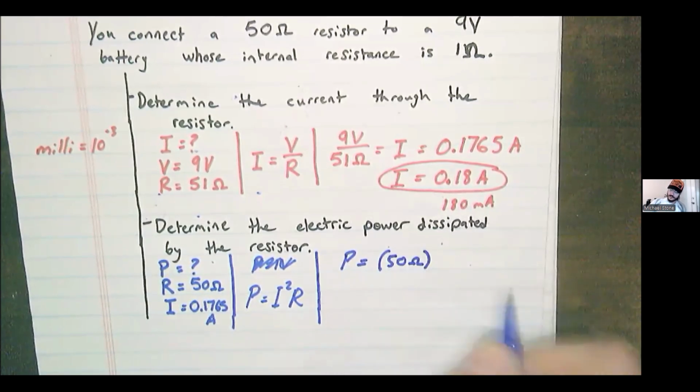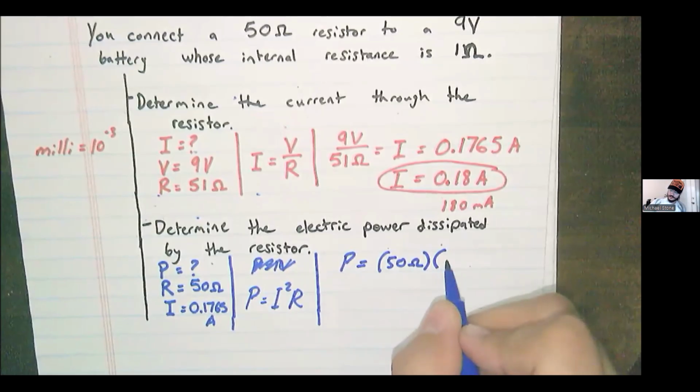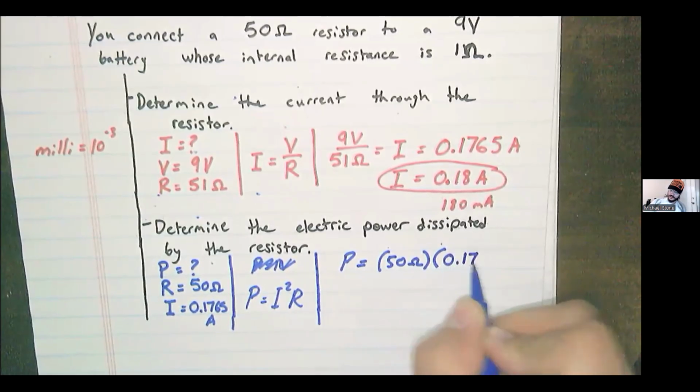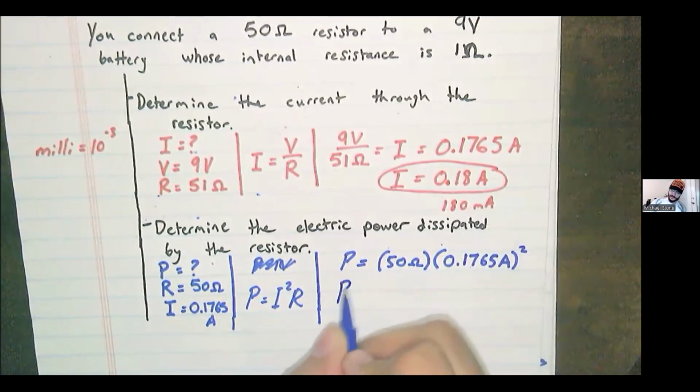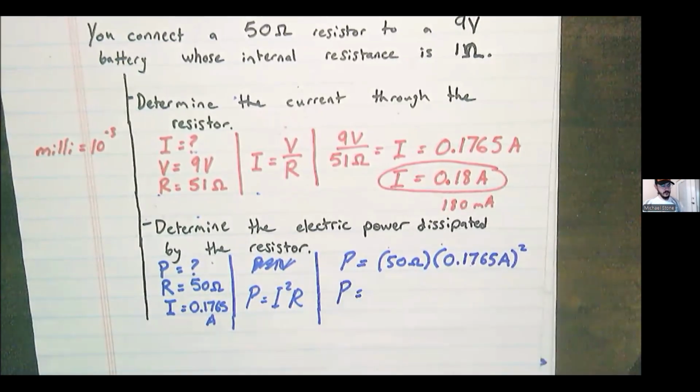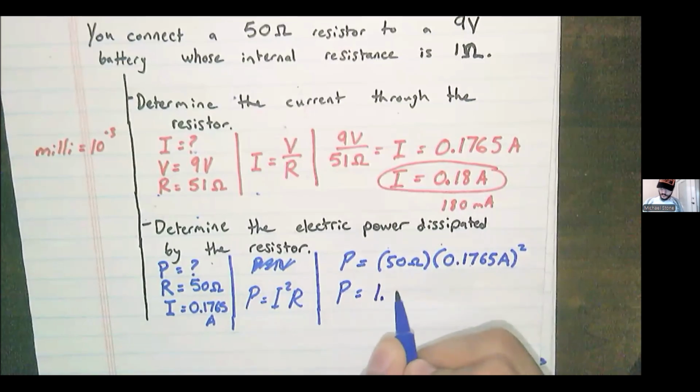50 ohms, 1.765 amperes squared. Again, three variable algebra, not hard. Plug it into your calc. That's short for calculator, chat. Times answer squared times 50, because I still had that on my calc. And I got 1.557